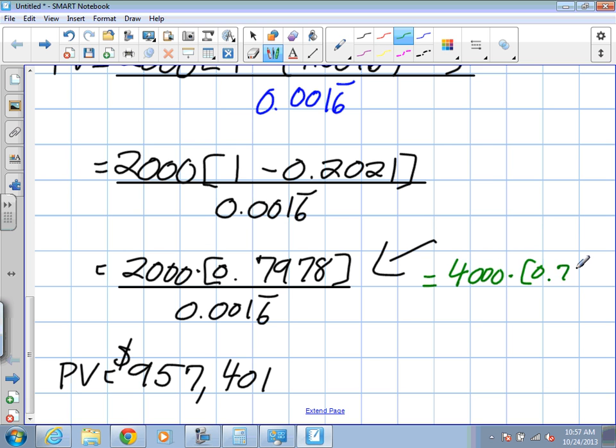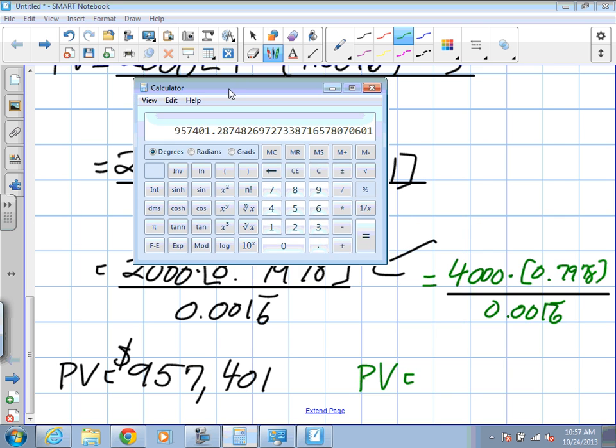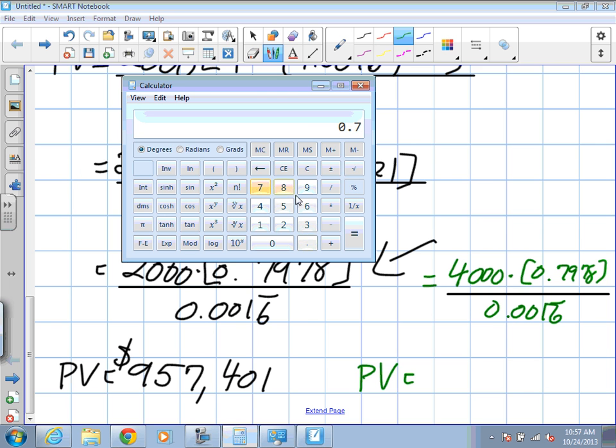Would it be incorrect to assume to just double that 900? Yeah, it would be incorrect because the interest is going to change it, and let's see how much it's going to change it in this case. So we'll do this last step again, this time using the number 4,000. So we had 0.7978 times 4,000 divided by